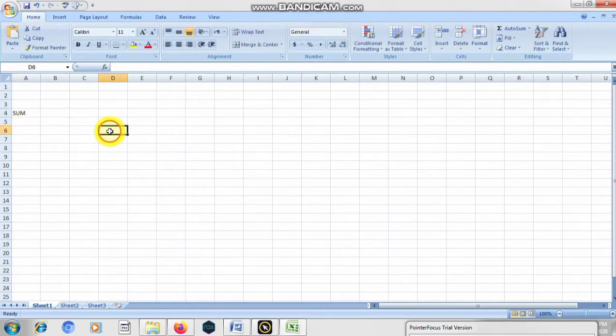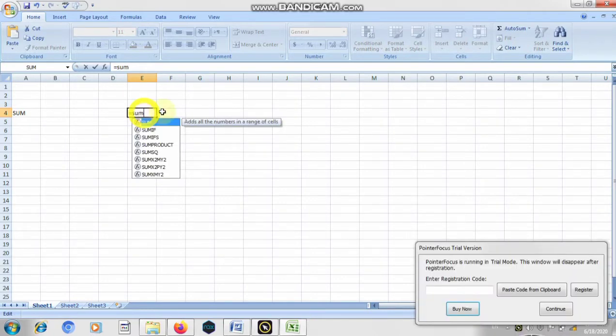For each function you must remember that it will start with the equal sign. Then we have a function: if you want to calculate or add numbers, you will use sum; if you want to subtract, you will use subtract; and if you want to multiply, you will use product.